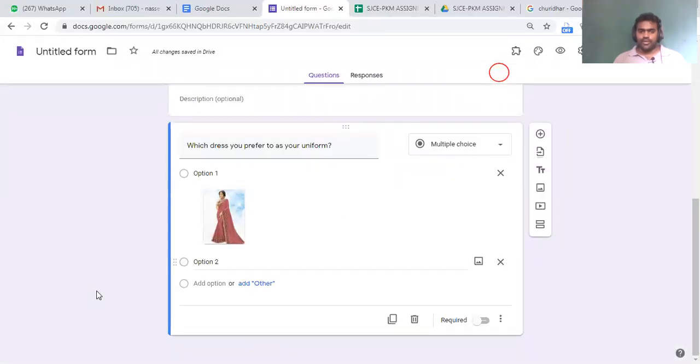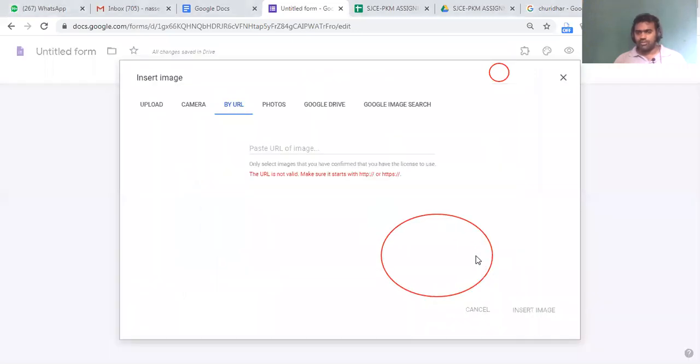Where I'm getting this response, sometimes you may not be seeing that. Here when you move your mouse, this option would be seen. If you take your mouse away, you cannot see this image option. When you bring your cursor over here, it will be displayed.